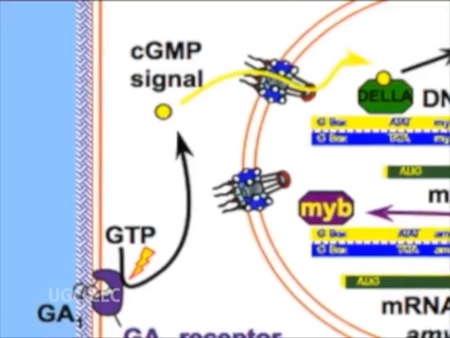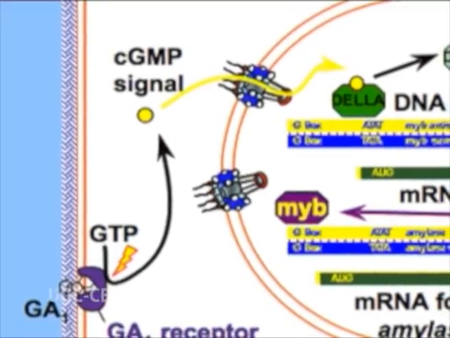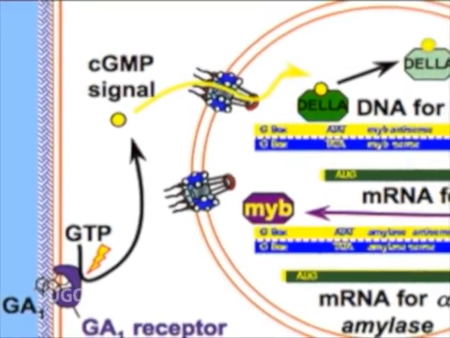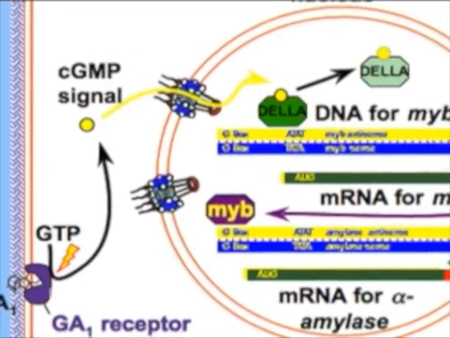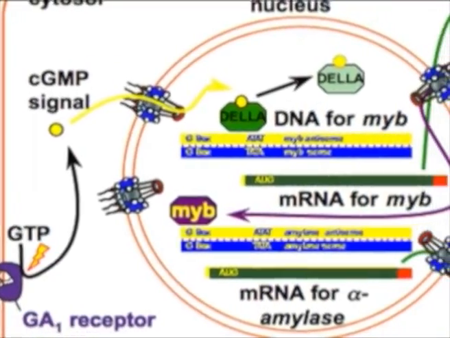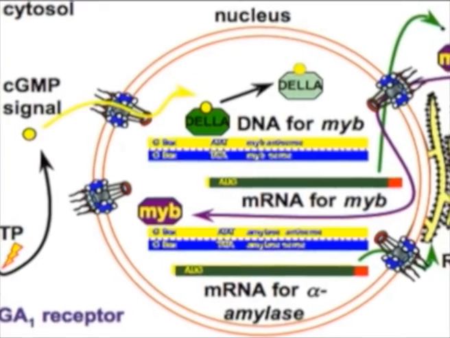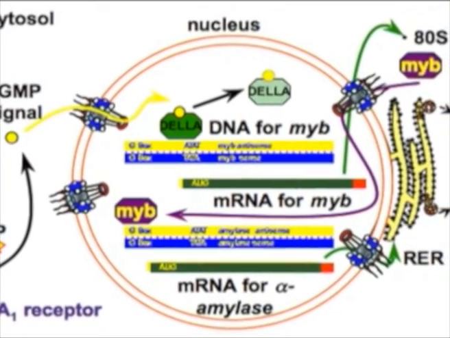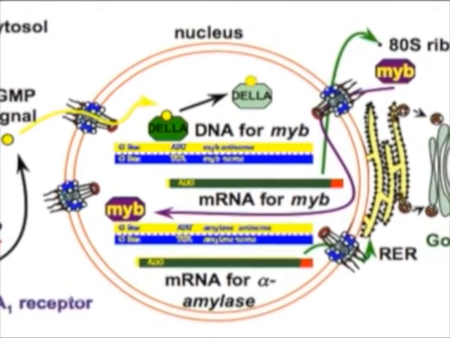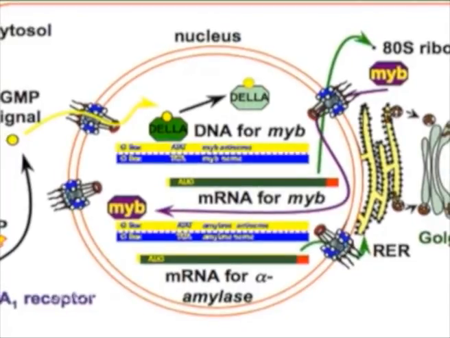In aleurone layer cells, two separate signal transduction chains are initiated by cyclic GMP, a calcium dependent channel and a calcium independent channel. A signaling intermediate is activated through the calcium independent pathway, which binds to a repressor protein in